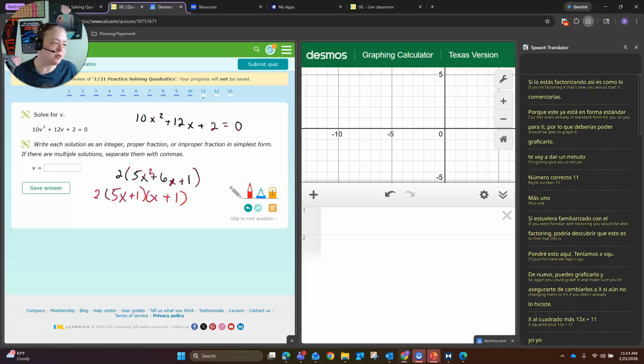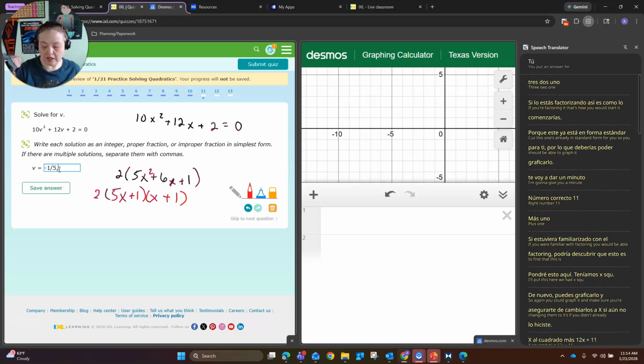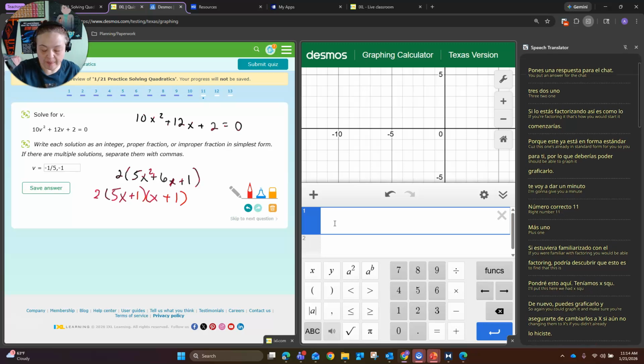Three, two, one. Enter if you put an answer for the chat. Beautiful. Good job, Riley. Got negative 1 over 5 and negative 1. Perfect. Again, if you graphed it,